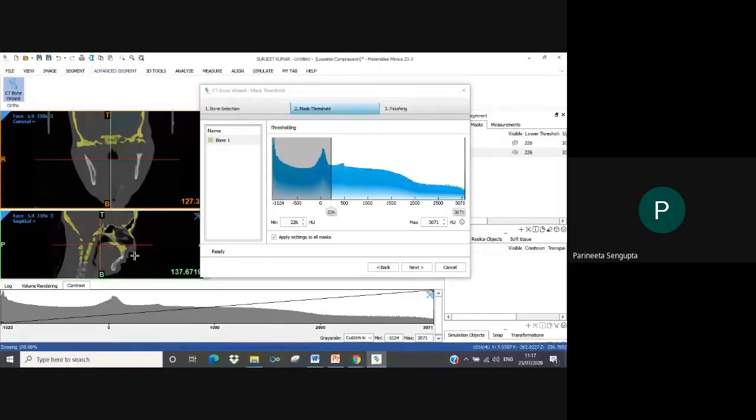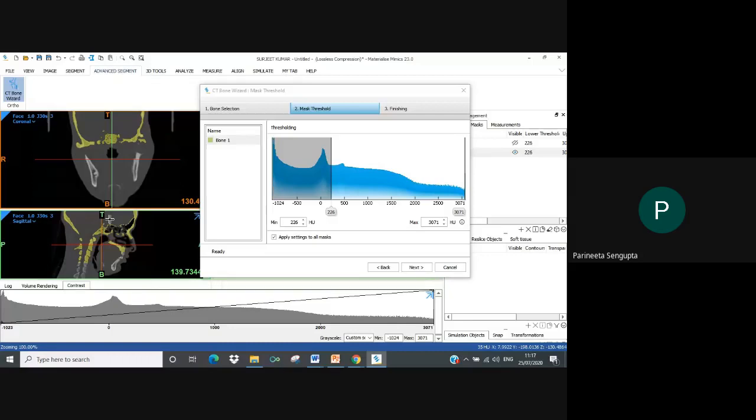So now if you see the spine is also coming in and a certain section of the mandible is also coming in. We don't want it that way. So suppose you don't want it that way, you can go back, add your undesired seed point location, change your sensitivity again and refine your mask in a better way.